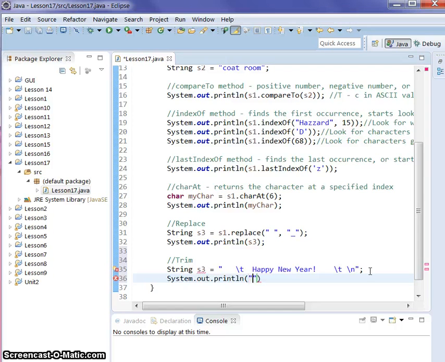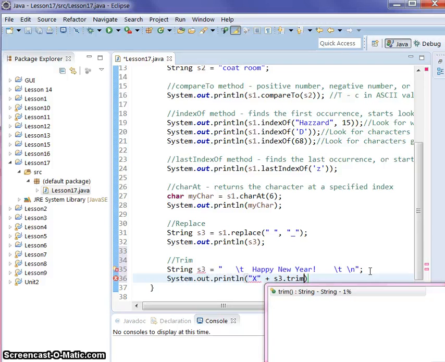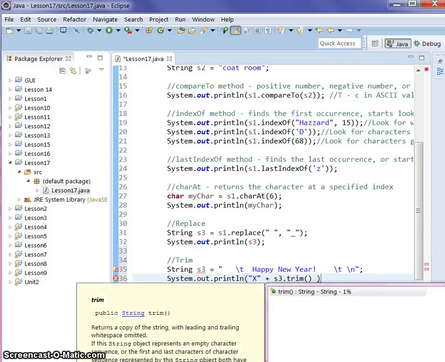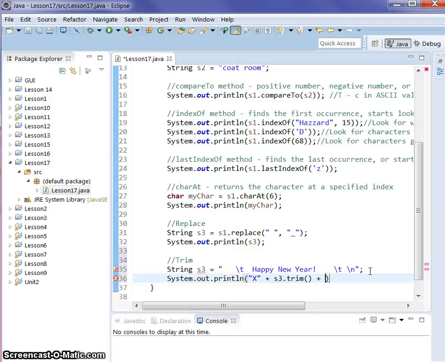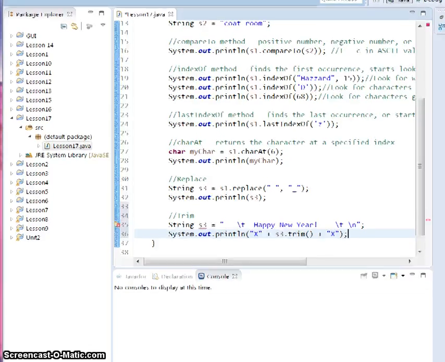So I'm going to tell it to print X, then add in S3.trim, open close parentheses, because remember that's where the information has to go. And then we're going to add X. Those X's in there are just placeholders. It's just to show us where the actual trimming happens. So if you run your program,